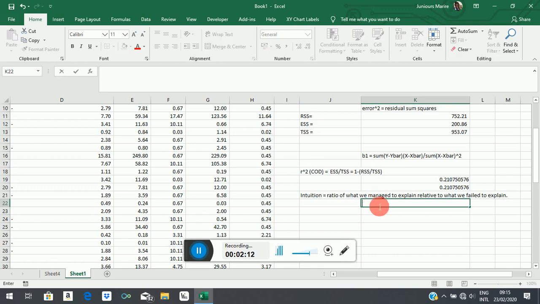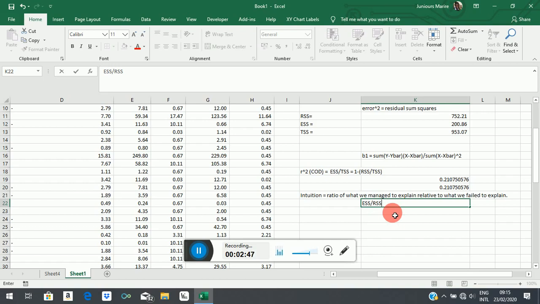What the model has managed to explain is what we're calling the explained sum of squares, and what the model has failed to explain is the residual sum of squares. So what you want is to make sure that the numerator is much bigger than the denominator. That is, we want our model to explain much more than it cannot. So that's the idea behind